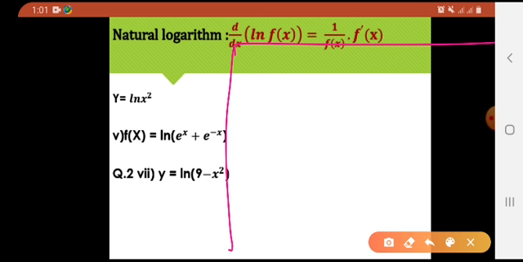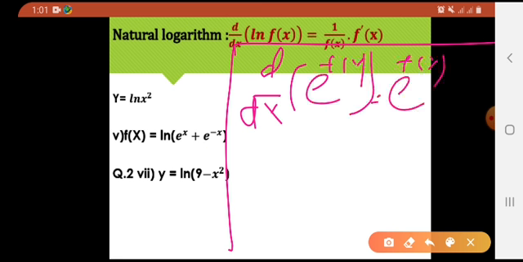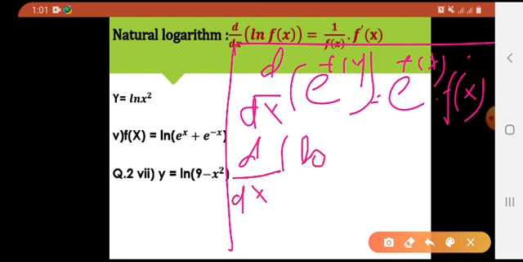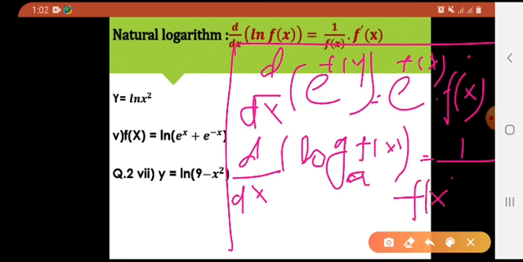So what have we learned so far? Let me recall a little here. We have learned that the derivative of an exponential function e raised to the power f of x is e raised to the power f of x into further derivative of f of x, which is f dash of x. The second thing we learned was about logarithmic functions. What is the derivative of a logarithmic function? It is 1 divided by the function into natural log of a, whatever the base may be, and in the numerator it would be the further derivative of the function.